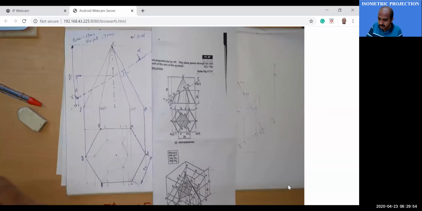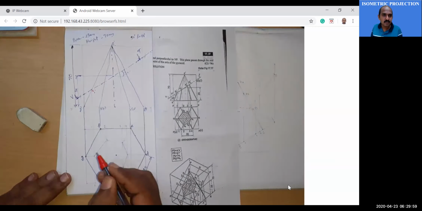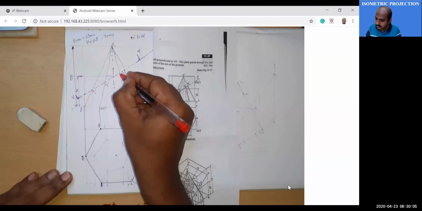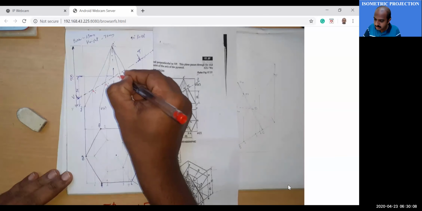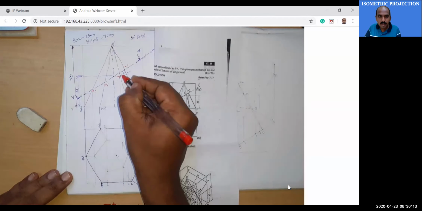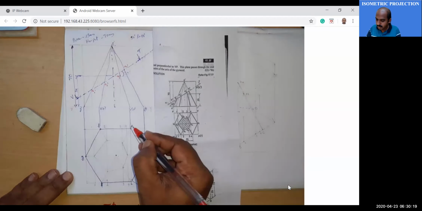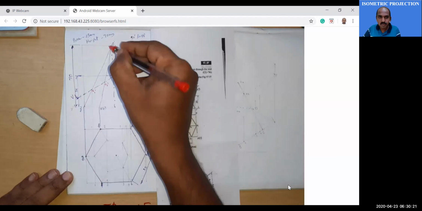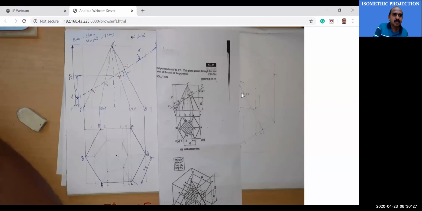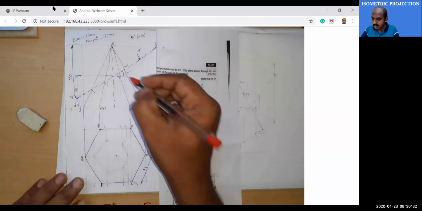So this point is A1 dash, and this is another point, A2 dash. This is your A3 dash, and this is your A4 dash. So we have found four cutting points. Two more cutting points are there, which are on O2E and O2F, E dash and F dash. We give the same naming as in the front view. So here A3 dash again.